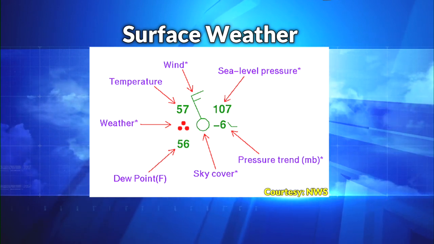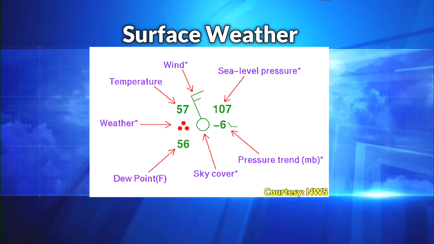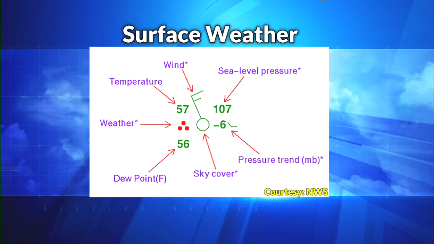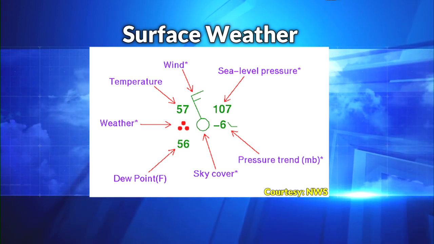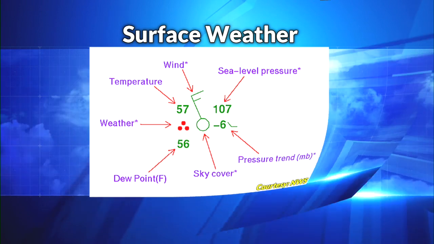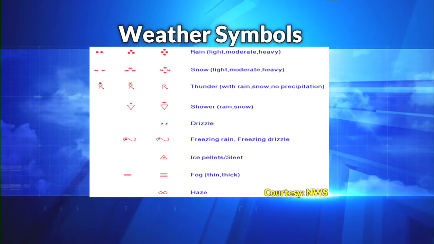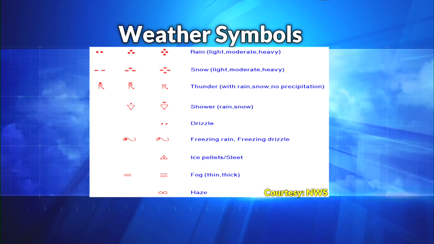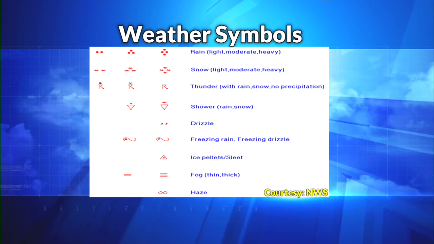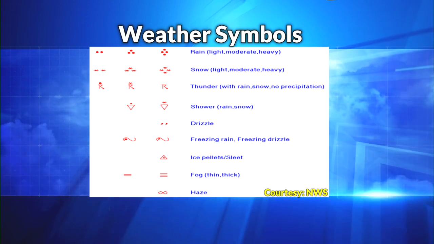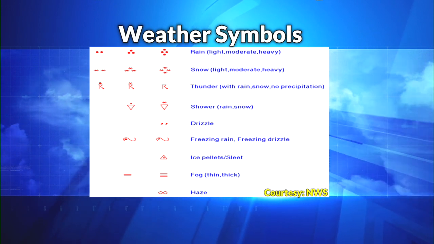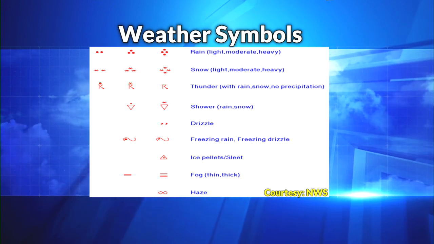You can find all of these at the National Weather Service website, or there's a really cool website called RAP, Real-Time Weather, where you can plot these on the map and take a look at what they look like in real time. This is just a small sample; there are over 100 symbols. Most of the time it's precipitation, rain, snow, thunderstorms. The technical definition of the weather is what obscures the visibility.